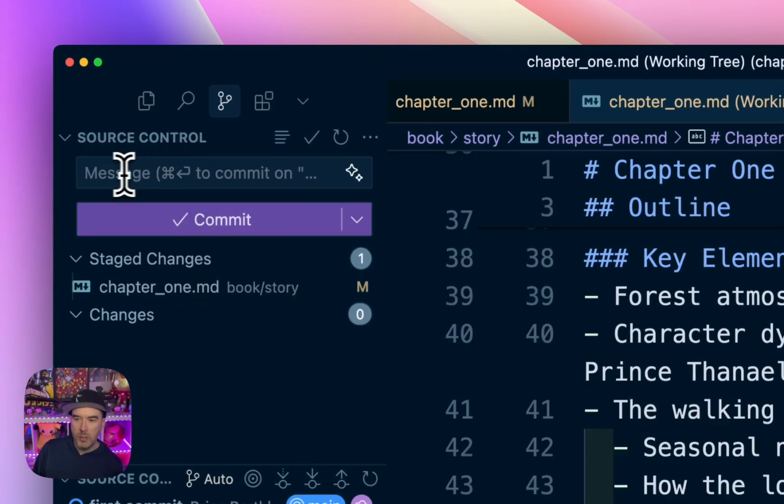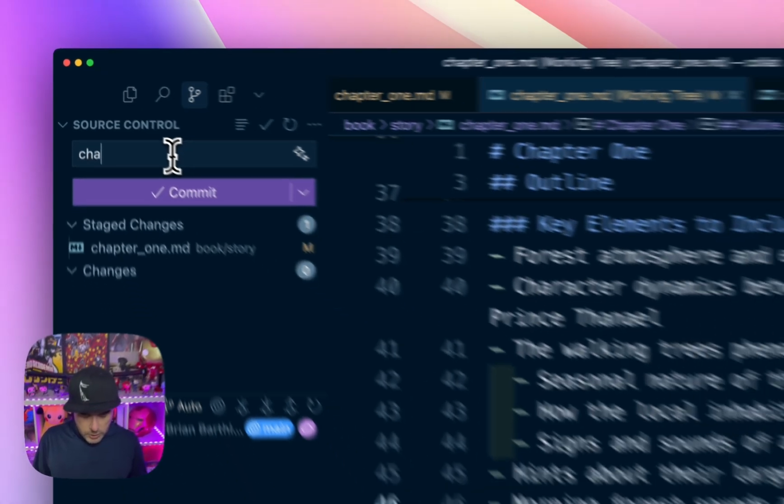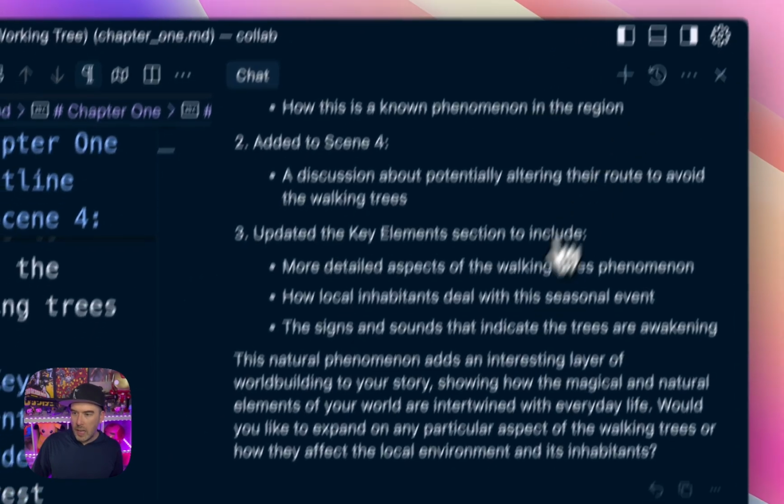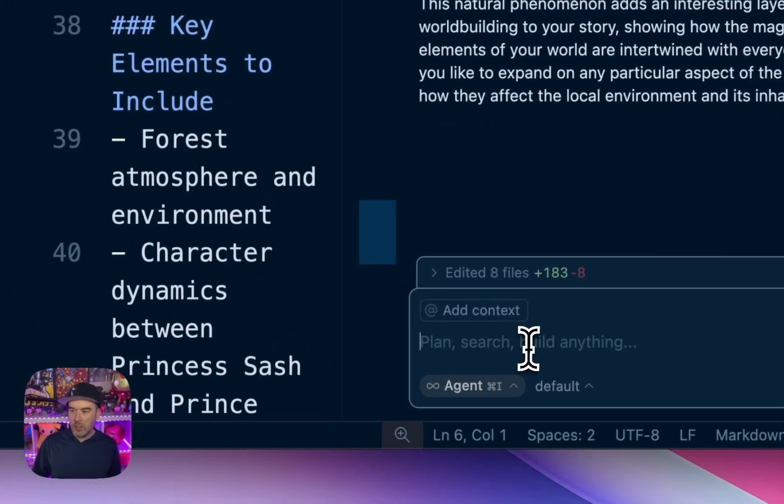So I can write a little message here that says like chapter 1 outline and commit it. However, as a developer or as anyone working with this system, we can also use the AI to do it. So I'm going to ask the AI,